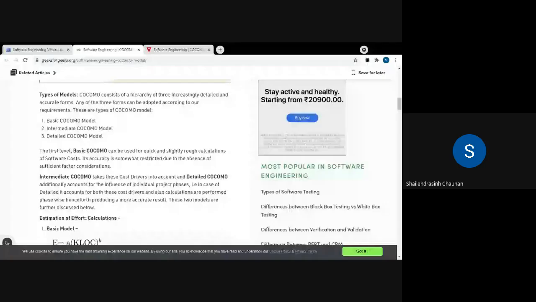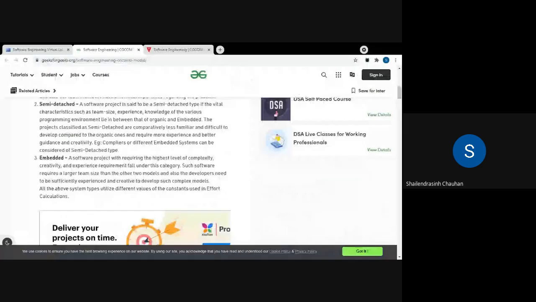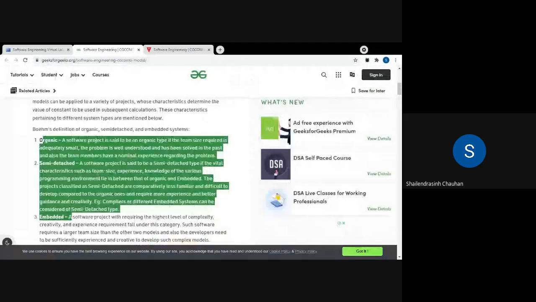These are the COCOMO model types, like the basic model, and these are the categories of projects. These two things, the basic COCOMO model and the intermediate COCOMO model. Let's go to the PDF file just to reconnect these with this.